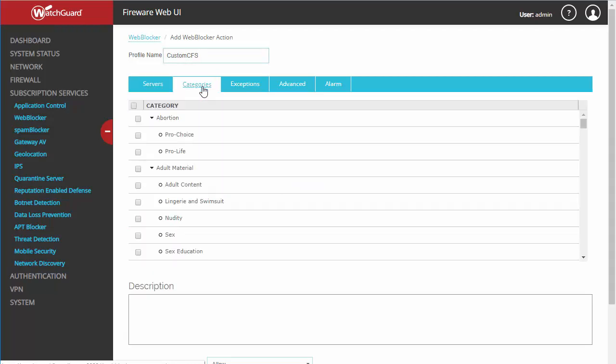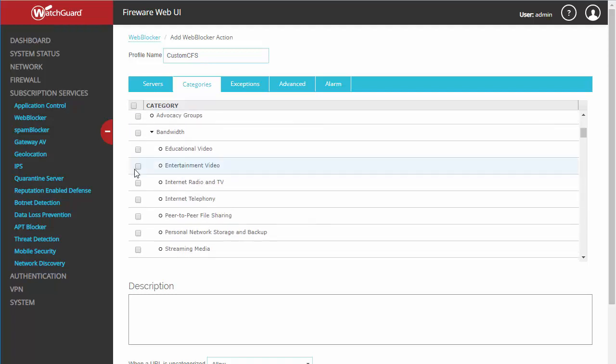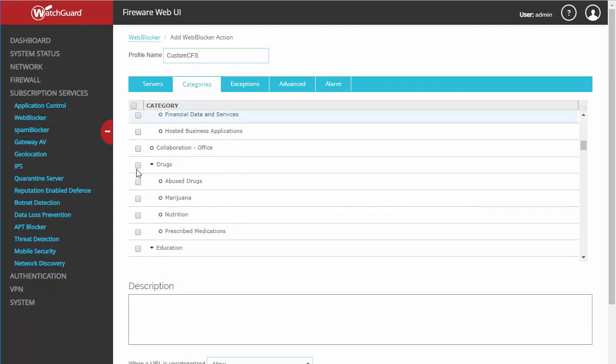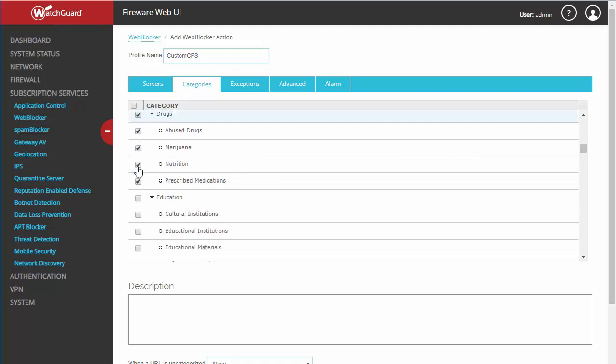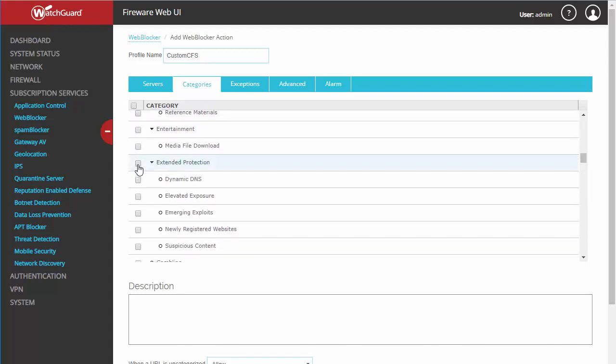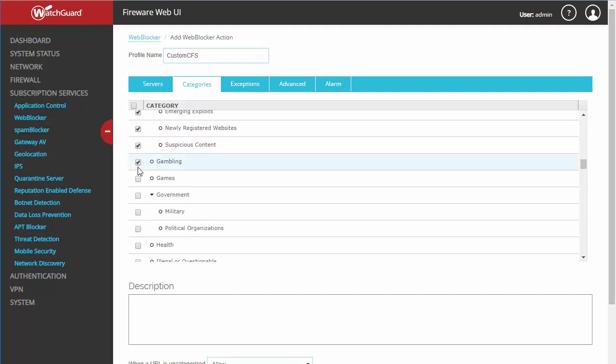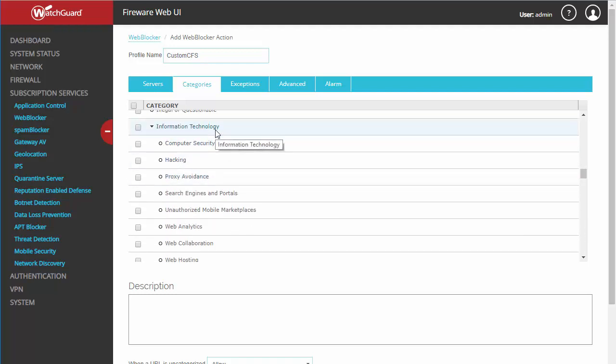Now you can select what to block either by main category or subcategories. For our example, we're going to block some of the more common stuff like adult material. We want to block drugs. Extended protection covers some things that might not be dangerous but can be used for malicious purposes. We'll do games and gambling. And I don't want to block all of information technology, but I want to at least block hacking and proxy